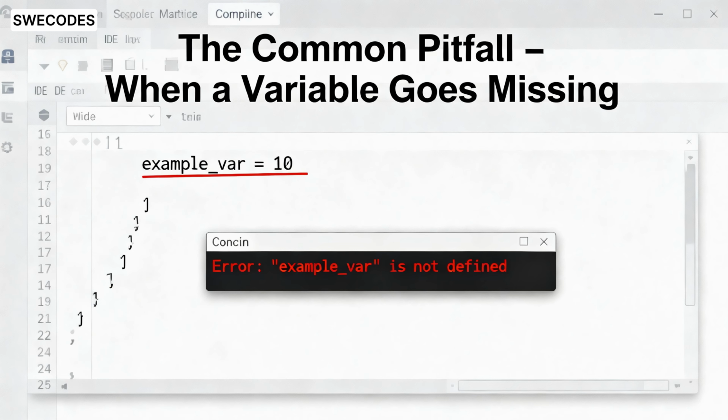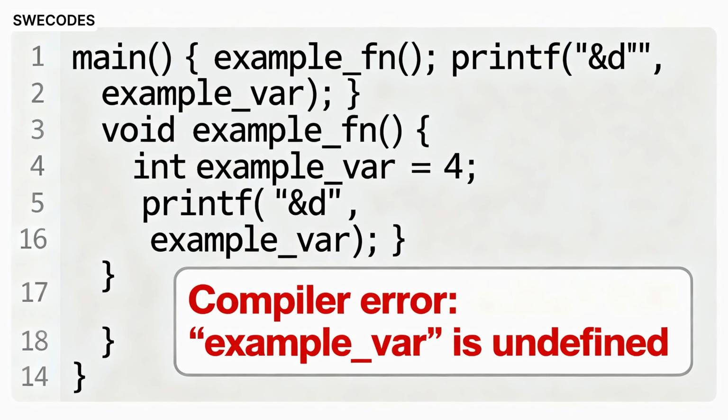2. The common pitfall: when a variable goes missing. Let's look at a simple and classic mistake. main() { example_fn(); printf("%d\n", example_var); } void example_fn() { int example_var = 4; printf("%d\n", example_var); }